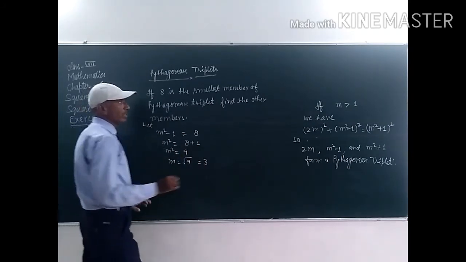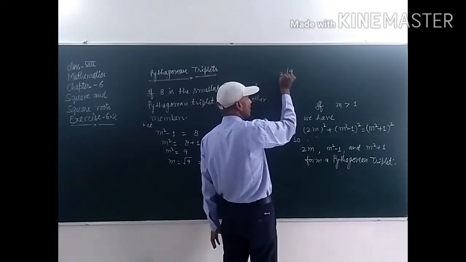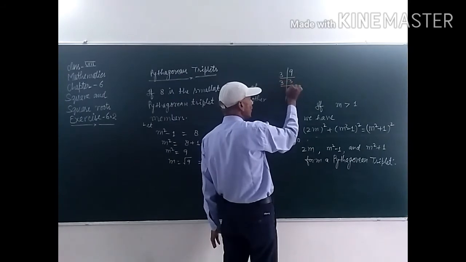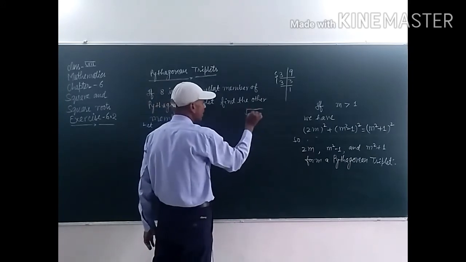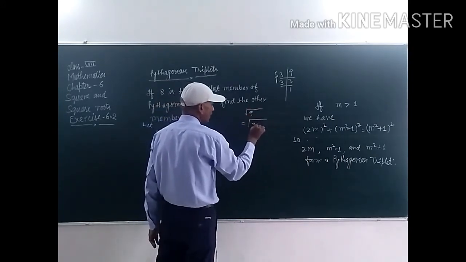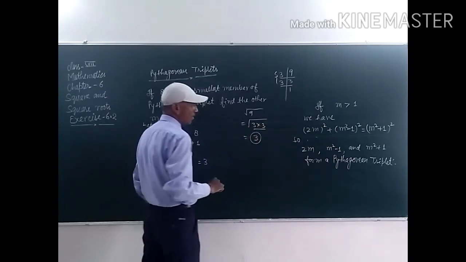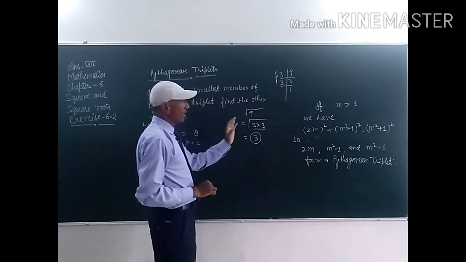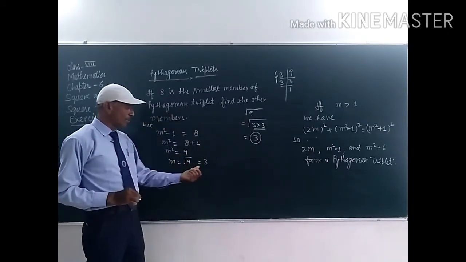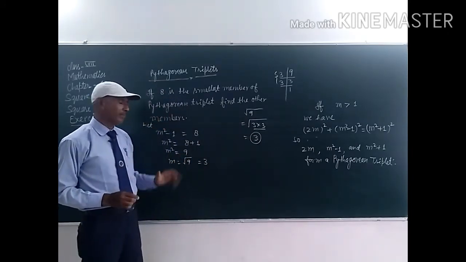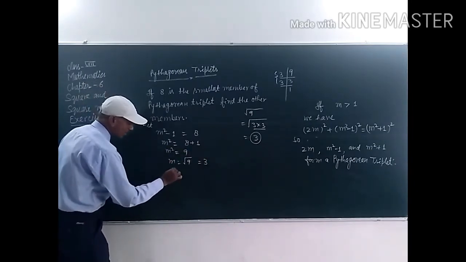To find the square root, we find it like this, students: 9. We have to find the prime factors. 3 times 3 is 9. Out of the 2 threes we have to choose 1. The square root of 9 means the square root of 3 into 3. Out of 2 we choose 1, and that is the square root. Clear, students? 9 is the square of 3, so the square root of 9 is equal to 3. So the value of m is equal to 3.